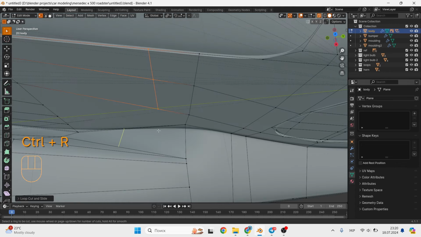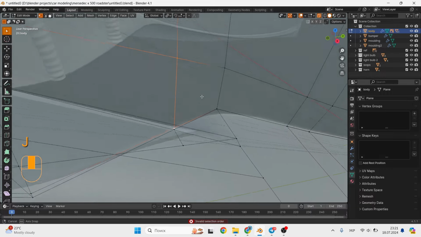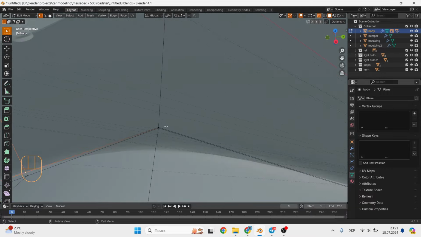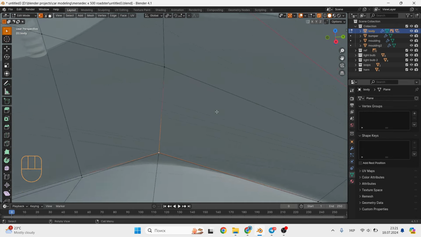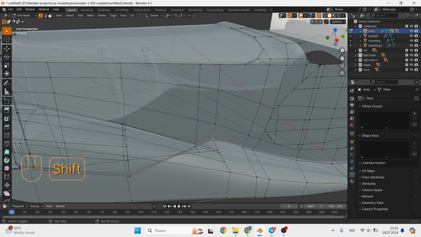The first thing I want to do today is a vertical stripe that goes from the hood along the body. That is, we will work with the topology, or as it is called, the mesh grid. To begin with, I carry out preparatory work to strengthen the grid around the area where I will make a stripe in the body. Using loop cuts and a knife tool, I add additional edges.